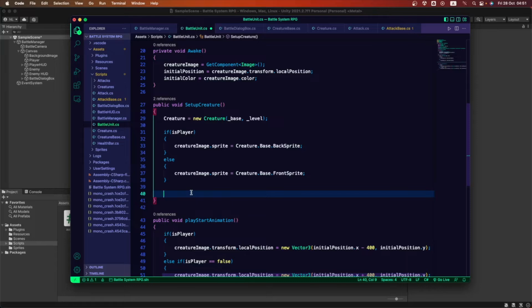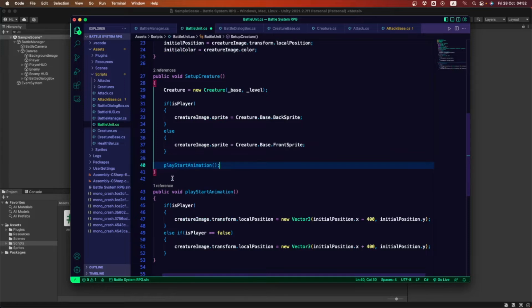So let's go and call this function, okay? Play start animation, there it is. After we get the image, the game is gonna decide if it is a player or it is not, and then depending on which it is, it's gonna change the positions of these entities.